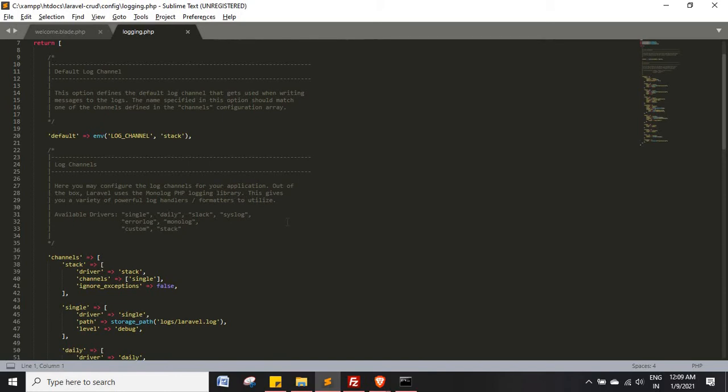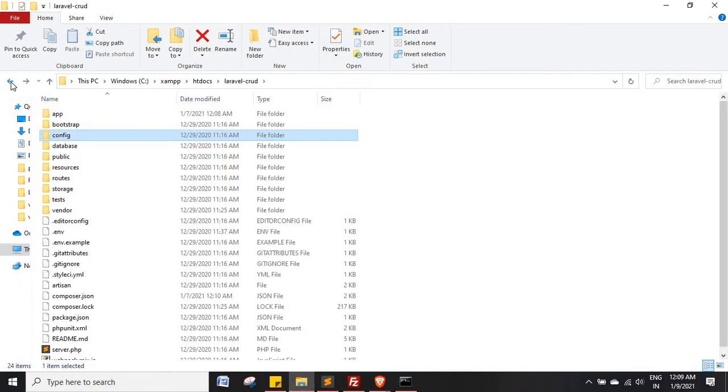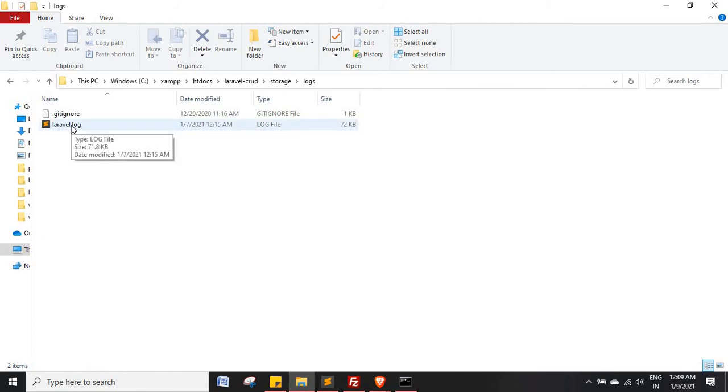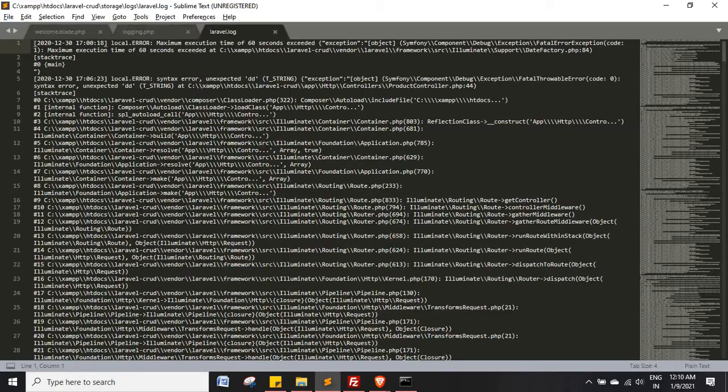By default, if any exception comes up, it automatically gets logged, and that file exists in your storage log, just like this one, laravel.log. Yesterday I got some exception and it logged that file, codes, everything here.